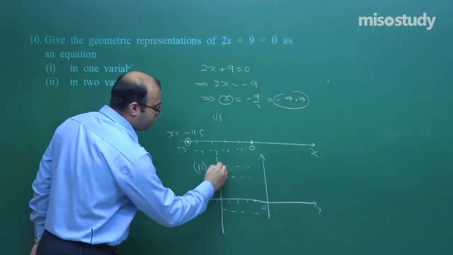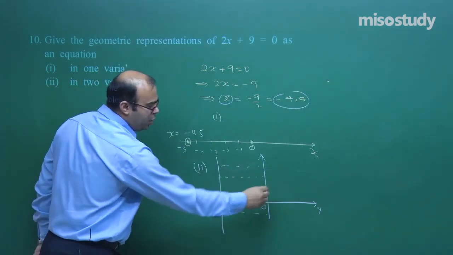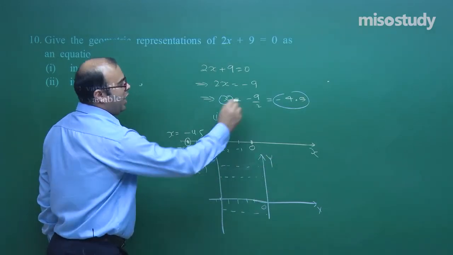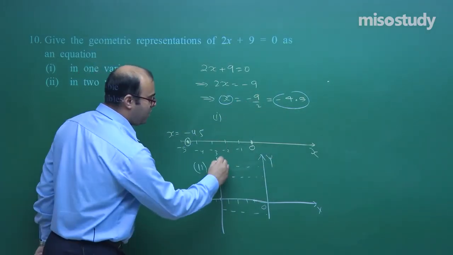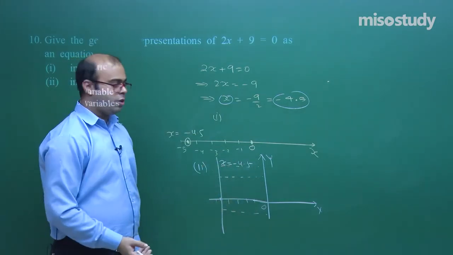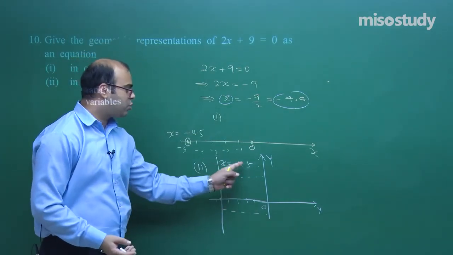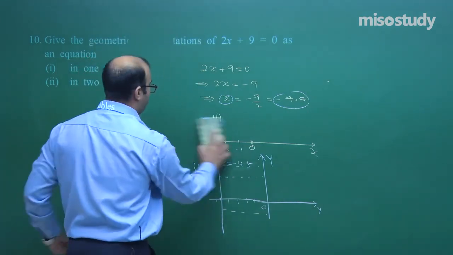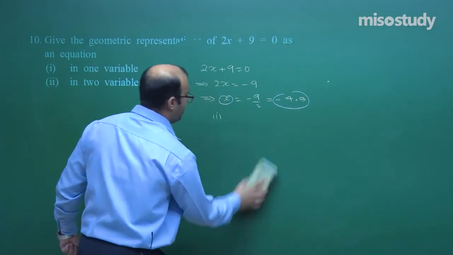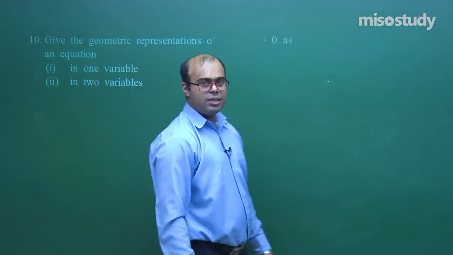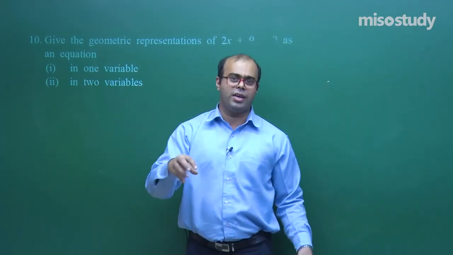So this line which is drawn here perpendicular to x-axis, or we say parallel to y-axis, is the line x is equal to minus 4.5. This is x is equal to minus 4.5 in terms of 2 variables. y will change, but x is constant, that is minus 4.5. So this is a way to represent linear equation in 2 variables. And we have seen horizontal line as well as vertical line. What are the cases where we draw horizontal line and vertical line?